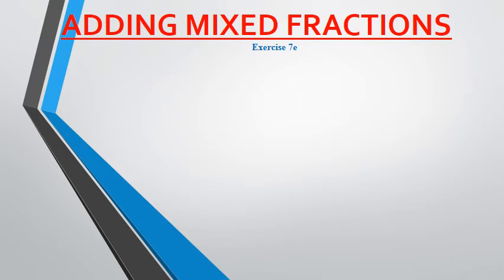Now let's come to the next question, which is D part of question number 3. So here again we have three fractions, and all the three fractions are unlike fractions having different denominators, as well as they are also mixed fractions. So first of all, we will change all these three mixed fractions into improper fractions. So now they will become, when we change them into improper fractions, 8 by 7 plus 29 by 14 plus 85 by 28.